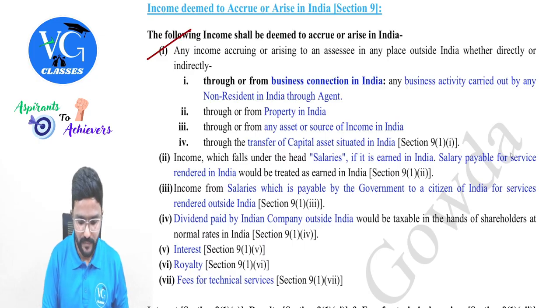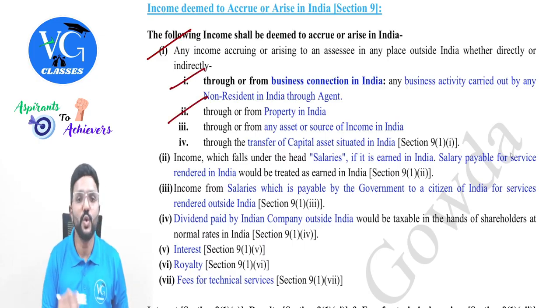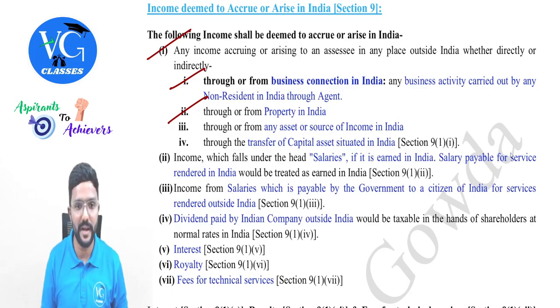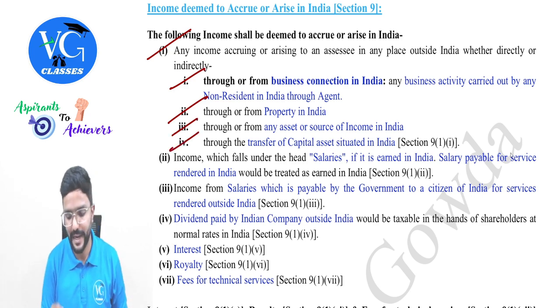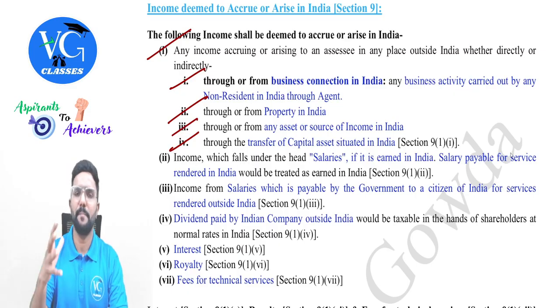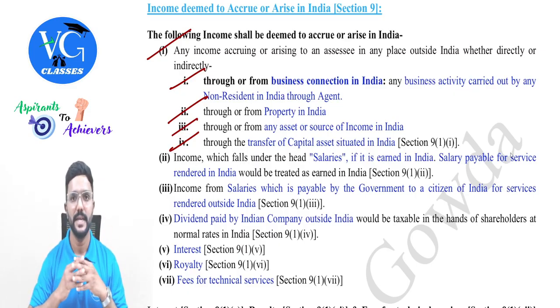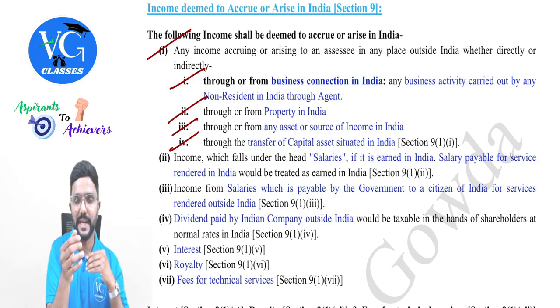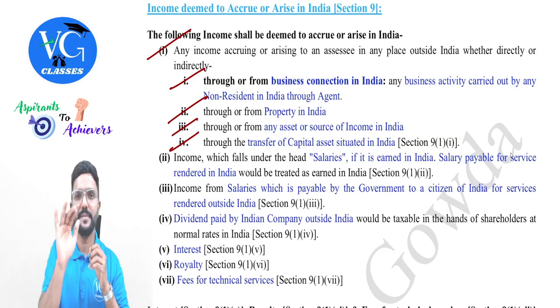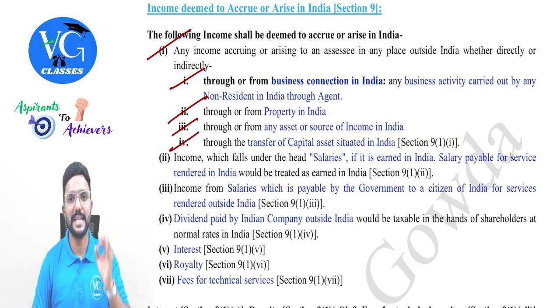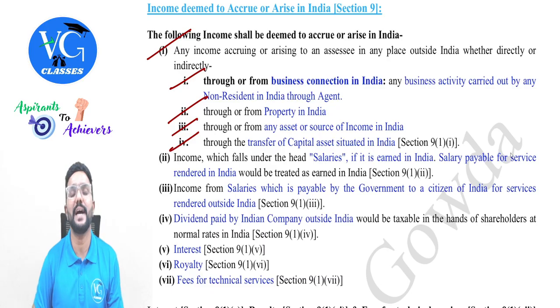Next. Through or from property in India, or through or from any asset or source of income in India, or through the transfer of capital assets situated in India. Now, guys, assume an assessee or a person has any asset or capital asset or property in India. If they are letting it out and earning rental income, they might be receiving this rental income outside India or in foreign currency, it doesn't matter. As the asset is in India, the source is in India, income is deemed to accrue or arise in India